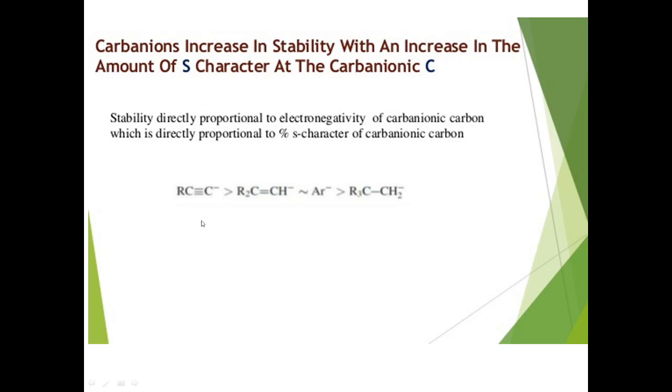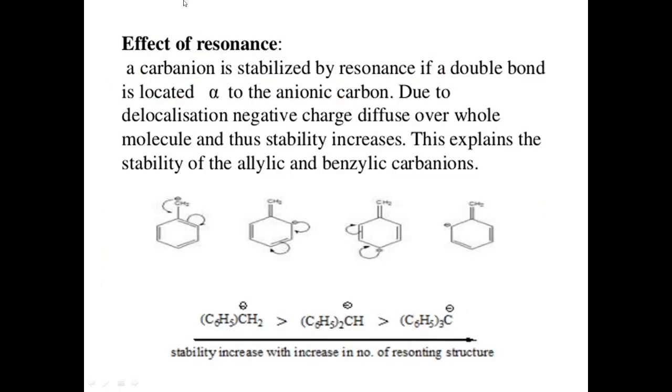Why? Because the stability of a carbon anion is directly proportional to the percentage of s character of the anionic carbon. Okay. Now, the effect of resonance. A carbon anion is stabilized by resonance. What does it mean? It means that if the double bond is located at the alpha position of the